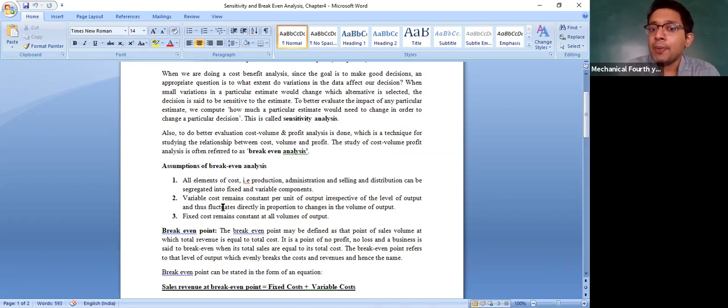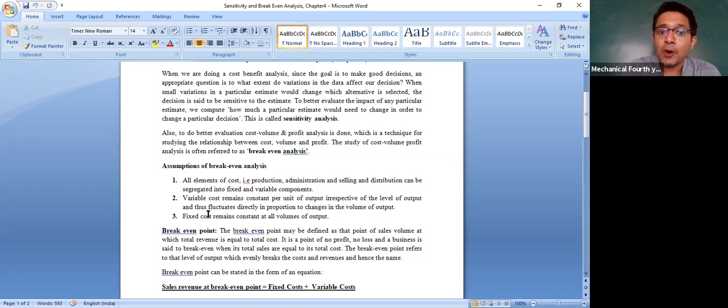What we are trying to say is variable cost remains constant per unit. जितना यूनिट चेंज होता जाएगा वेरिएबल कॉस्ट विल इंक्रीज. Please keep in mind variable cost increases, it changes with the total unit. It remains constant only per unit, whereas fixed cost remains constant at all volumes of output. अब 5 यूनिट प्रोडक्शन करने से भी जितना फिक्स कॉस्ट होएगा 10 यूनिट करने के लिए भी उतना ही फिक्स